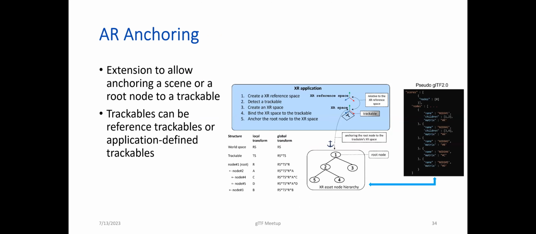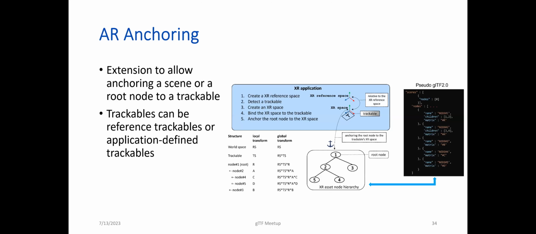So for AR anchoring, the idea is that, of course, that app works quite nicely in XR. If you put on your Oculus device, for instance, you'll be able to see the scene. You can just walk around, but the experience is missing something. You might want to do that in an AR environment, so you want to anchor the scene to your real world and see it in a more familiar environment, your room or your office or things like that. So the idea there is to enable, in the scene description itself, a way to tell the receiver that there are a few trackables.